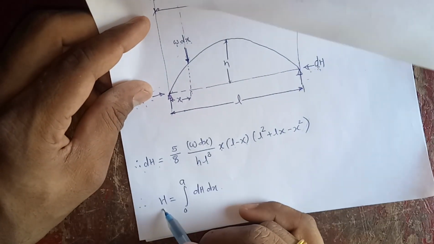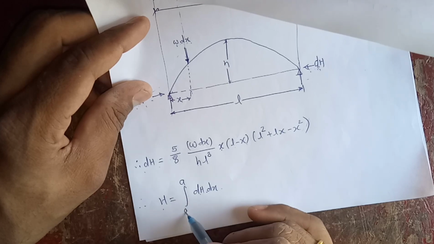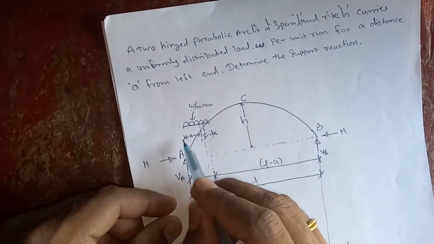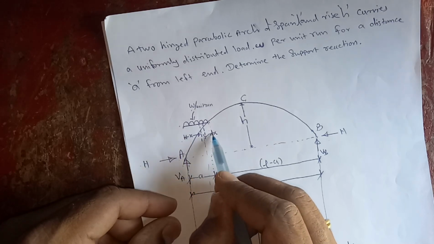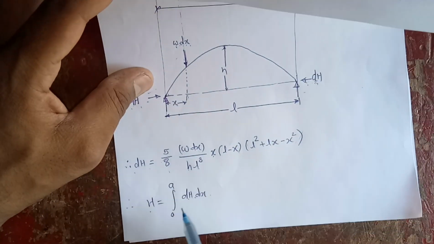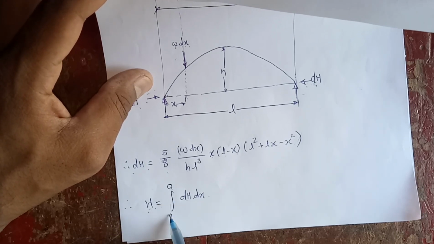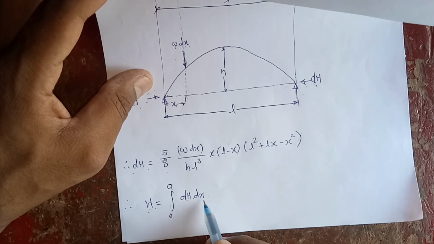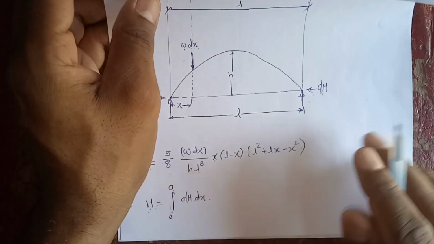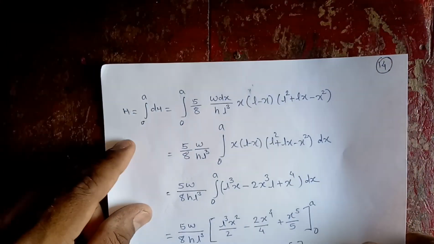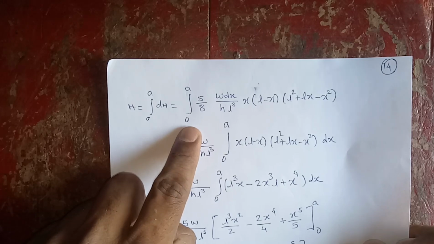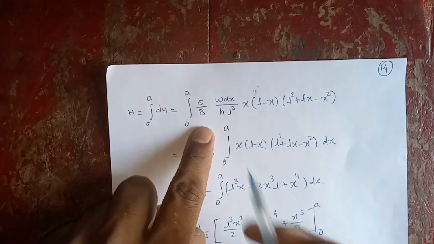Now if you want the total horizontal thrust, then we have to integrate this small dH. If you integrate this small dH over a length of 0 to a, since x is varying from 0 to a, we'll get the total horizontal reaction H. So total horizontal reaction H is equal to the integration from 0 to a of dH. We'll substitute this dH in this equation. So if we substitute dH, what we'll get is the integration from 0 to a of 5 by 8 W dx